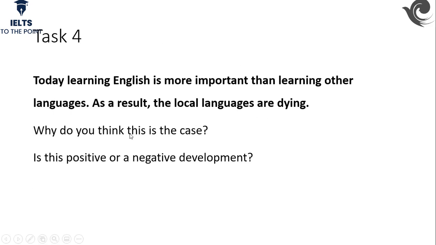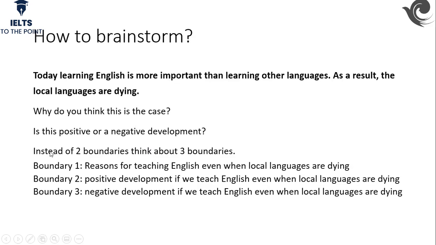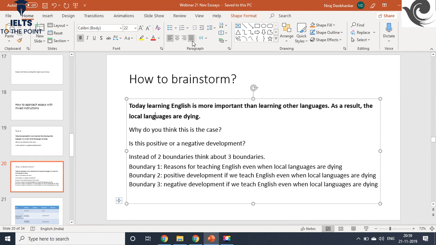So instead of 2 boundaries, think about 3 boundaries. Think that this particular task has not only 2 boundaries but 3 boundaries. What does that mean to you? It means that probably 1 boundary is like a discussion based essay and 2 boundaries are like opinion based essays, or whatever the case, we need to evaluate based on the case. Alright, so boundary 1 is taken from this particular